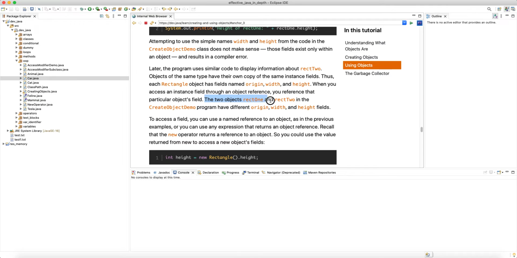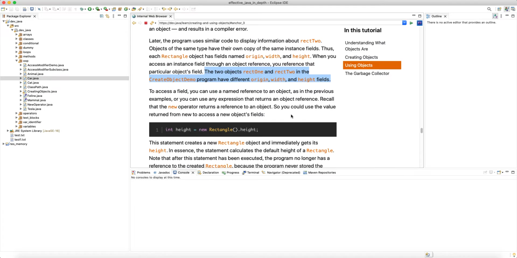The two objects rect1 and rect2 in the create object demo program have different origins, widths, and height fields. That's the whole idea of having a class, which is a footprint that determines what the attributes or the state, the fields of this particular type are. And then you create multiple objects, initialize them with multiple values, with multiple states. Each object has its own copy of the state. The only exception obviously is static fields. Static fields are shared amongst all